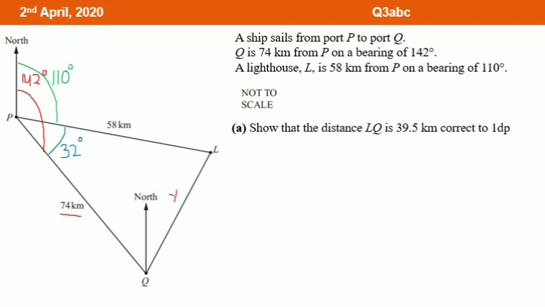So let us count together how many sides there are here. 58, 1, 2, and also the X we count as 1 side also. So there are how many sides? 3 sides and how many angles? 1 angle. So we cannot use the sine rule, we need to use the cos rule. So if you still forget how to use the cos rule to find the side, I can remind you.